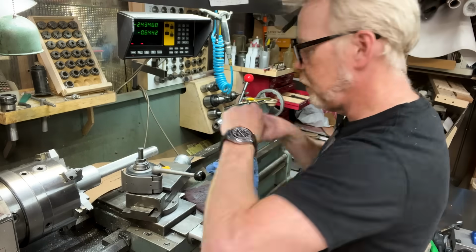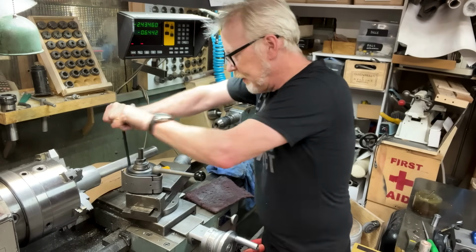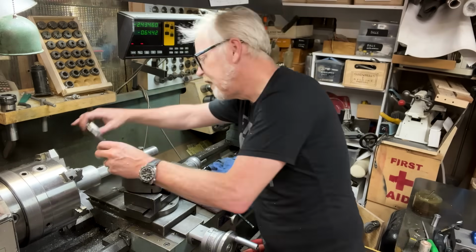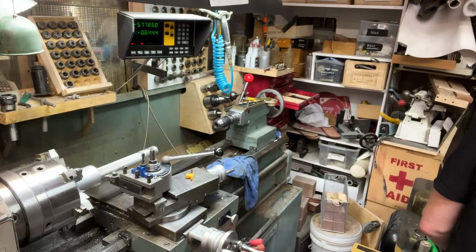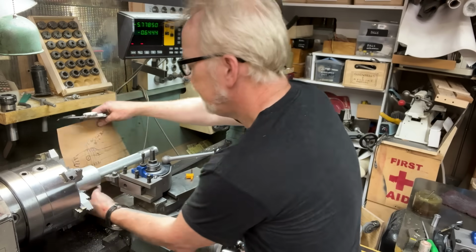So, what did we lose? We only lost an hour for that screw up. Well, sorry. We lost however long it takes. We lost what we lost. It's fine. We're going to pull a quarter inch off of this. The other thing is the overall length of this puppy, which I think is like...